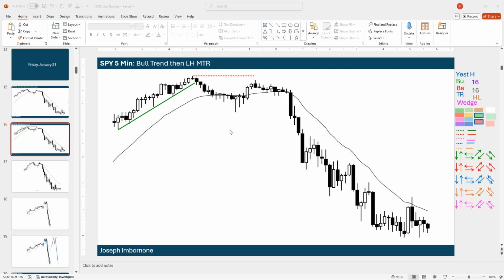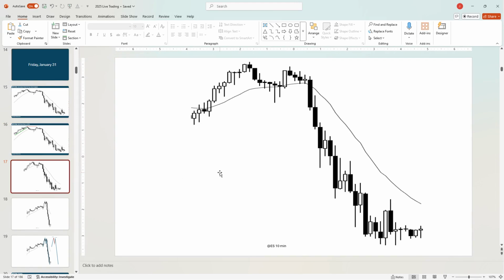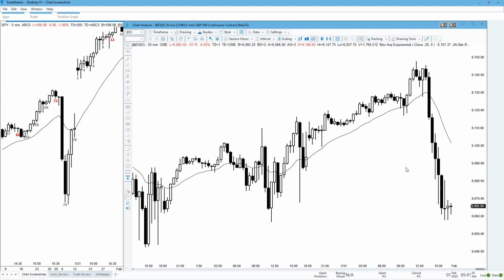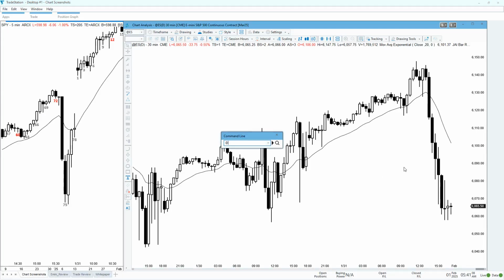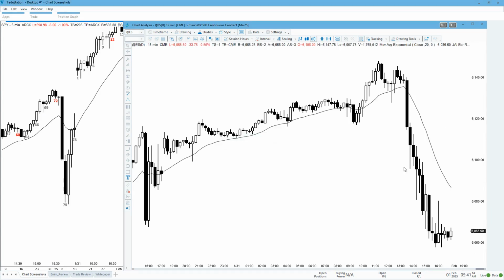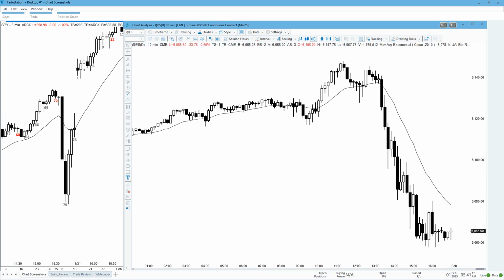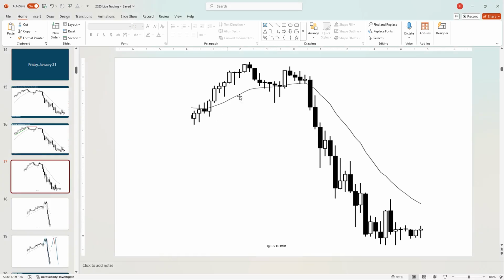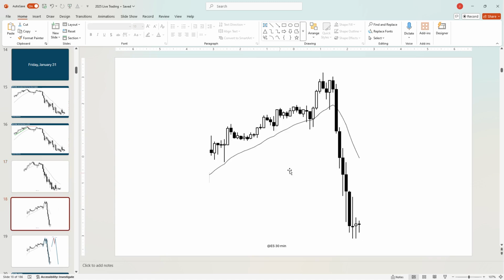So here's the 5-minute chart, and I also took a screenshot of the 10-minute chart. Let me confirm that. That might be the 15, I forget. No, that is the 10-minute. Okay. So I just wanted to demonstrate it's the same pattern. Bull trend, trend line break, retest of the bull trend's extreme, lower high, major trend reversal. And then I have it here on the 30-minute chart. And the reason I have the 30-minute chart, I want to talk about this one,